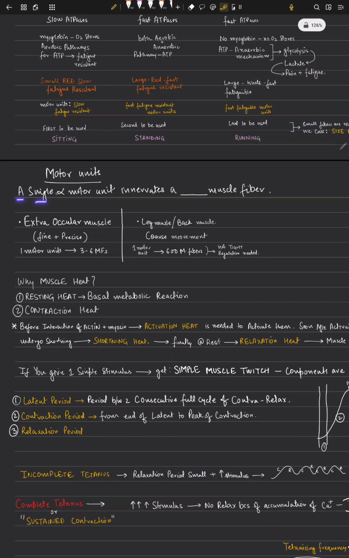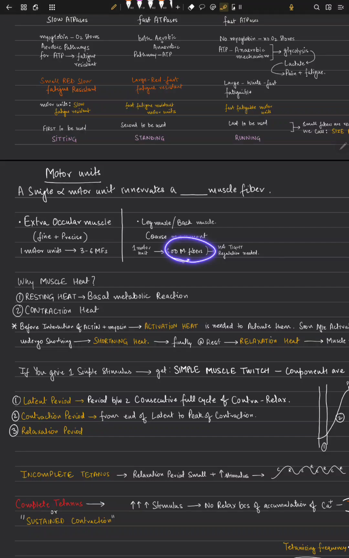A single alpha motor unit innervates how many muscles? It depends upon how many muscle fibers. It depends upon the function. If the function is very fine and precise, then one motor unit may innervate 3 to 6 muscles. But if the function is coarse movement, a very big movement, then one motor unit can innervate around 600 muscle